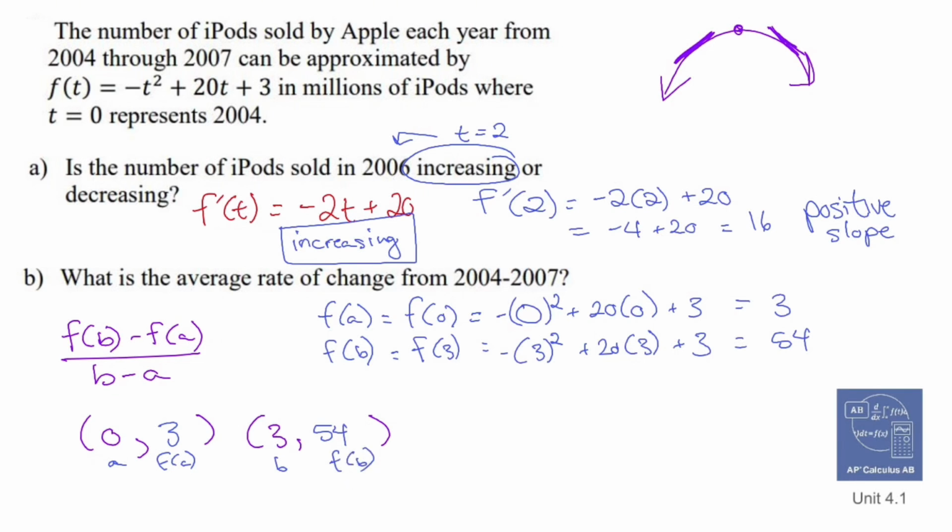So let's plug it all in. Let's plug and chug. All right, f of b minus f of a is going to be 54 minus 3. b minus a is going to be 3 minus 0. Okay, 51 over 3, I'm pretty sure is 17. So the average rate of change is going to be 17